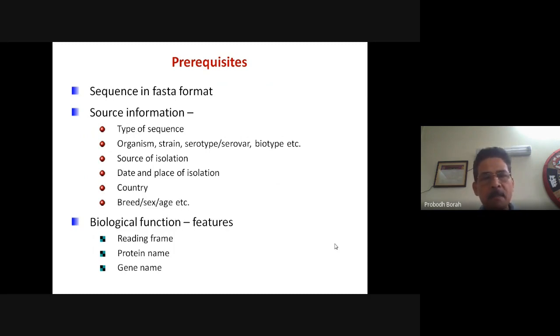So how can you obtain it? As we already showed you, if you have got a sequence, if you go for BLAST, then you can identify the sequence, and then by using different software tools, including BioEdit, you can also identify the open reading frame, ORF, and also you can translate this sequence to its encoded protein sequence. There are a number of different tools, as we already showed you, so that can be done, and you can record the reading frame, the gene name, protein name, etc.